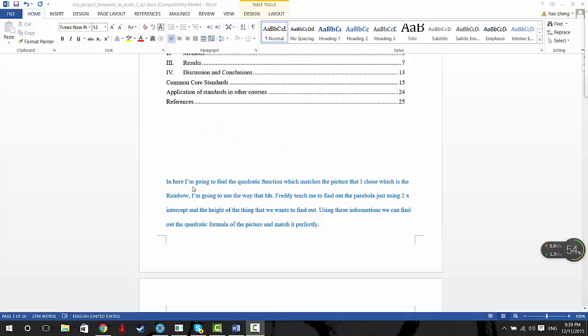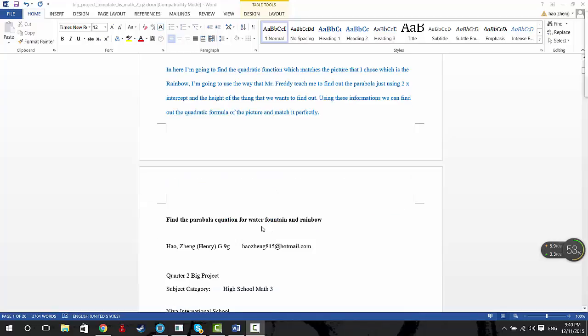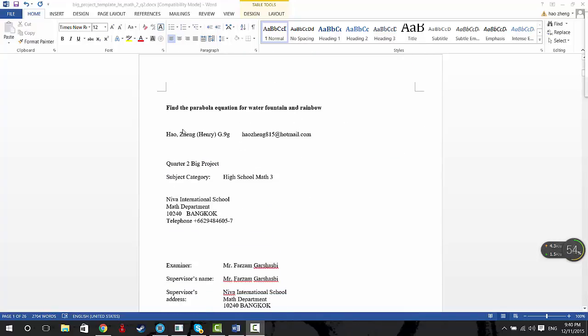So first, I'm going to find the quadratic function which matches the picture that I chose, which is the rainbow. I'm going to use the way that Mr. Freddy taught me to find the parabola, just using 2 x-intercepts and the height. Using this information, we can find the quadratic formula that matches the picture perfectly. So here's some information,